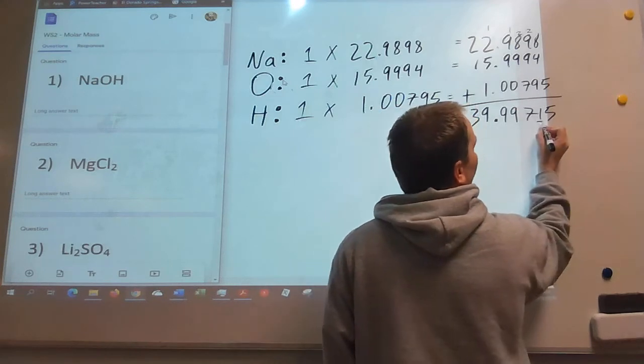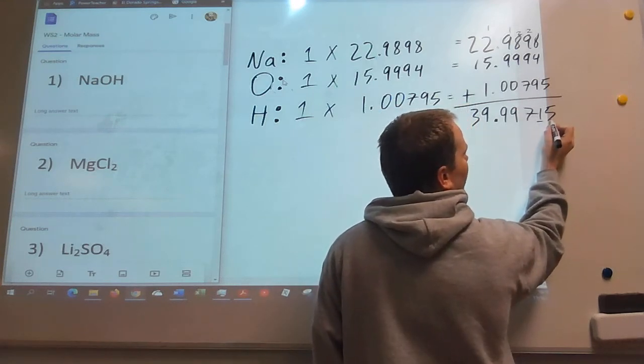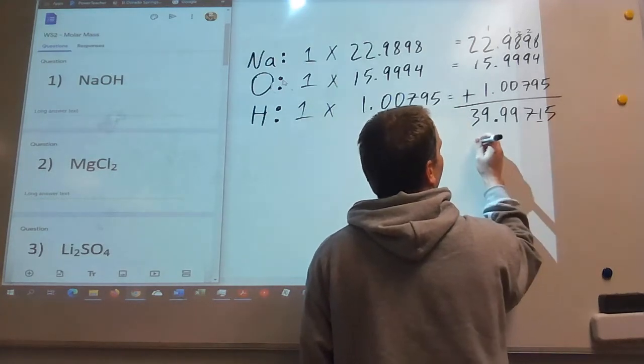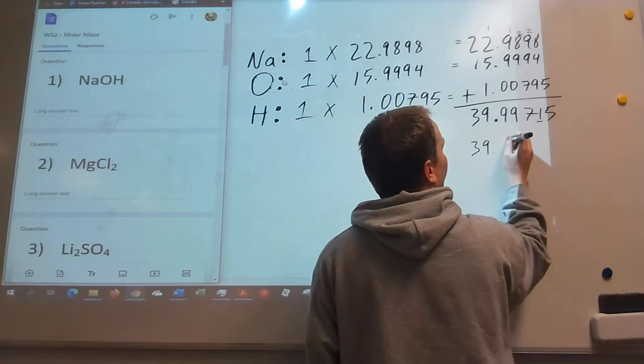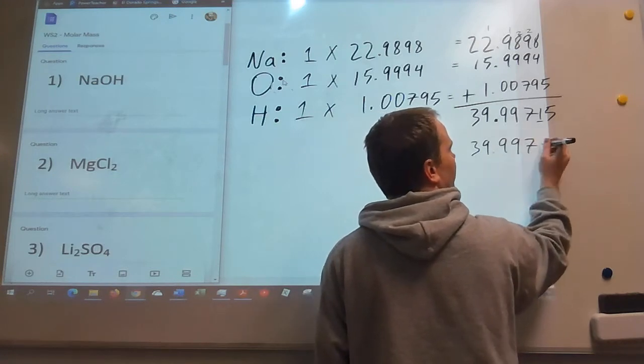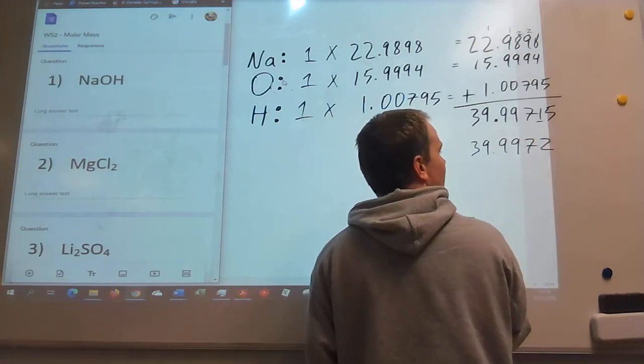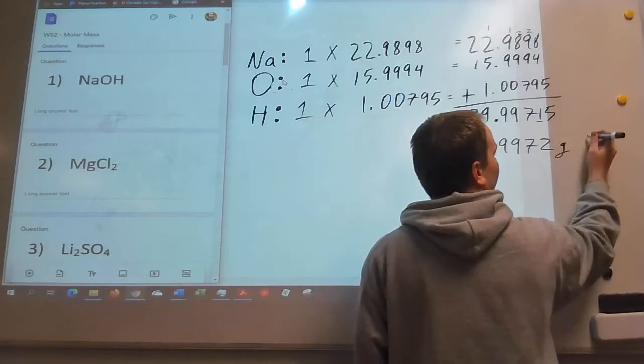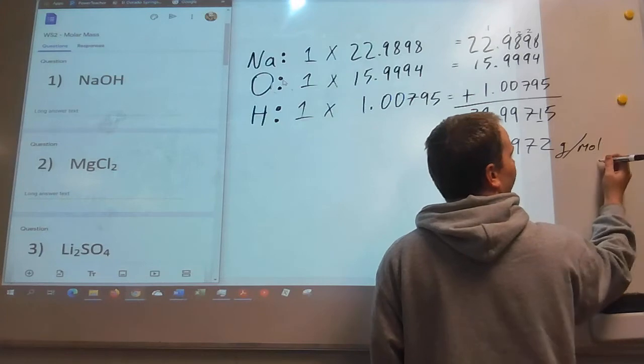So then we round this number based on what follows it. Well, 5 causes 1 to go up. So our answer would be 39.9972 with nothing underlined. Okay, and that is going to have units of grams per mol